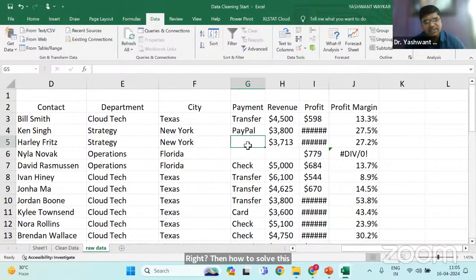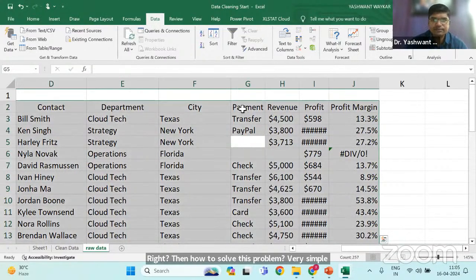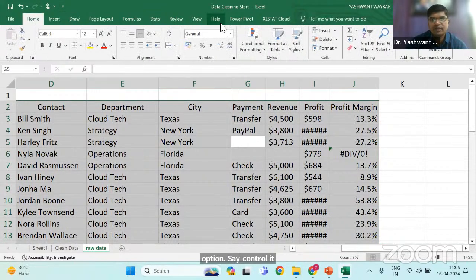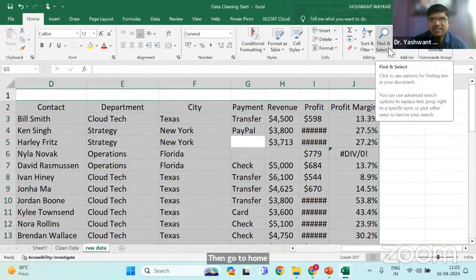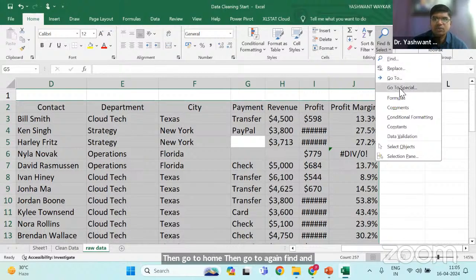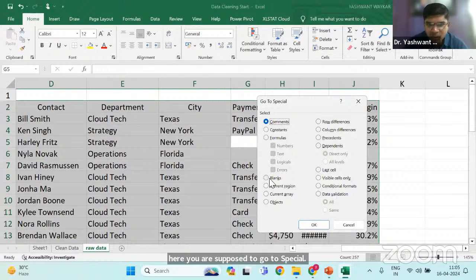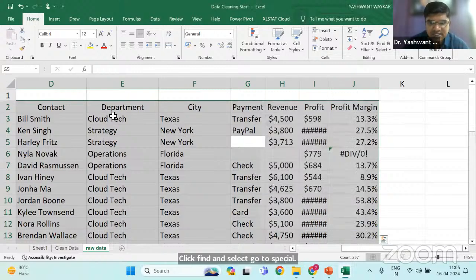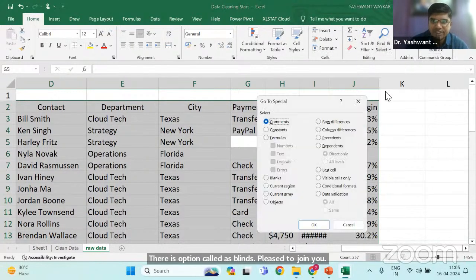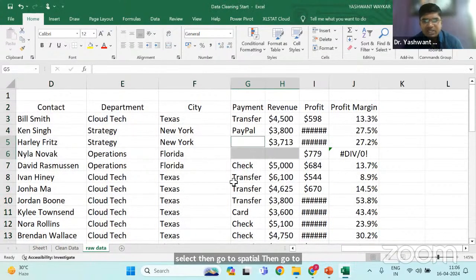Very simple option. Say Control A, select करिए पूरा, then go to Home, then go to again Find and Select. But here you are supposed to go to Special. Click Find and Select, go to Special. There is option called as blanks. कैसे जाना है देखिए, पहले सेलेक्ट करिए कंट्रोल ए, देन गो टू फाइंड एंड सेलेक्ट, देन गो टू स्पेशल, देन गो टू ब्लैंक्स, से ओके। वंस वी डू दिस, ऑटोमेटिकली जितने भी ब्लैंक स्पेस है वो सेलेक्ट हो जाएंगे, जितने भी ब्लैंक है।